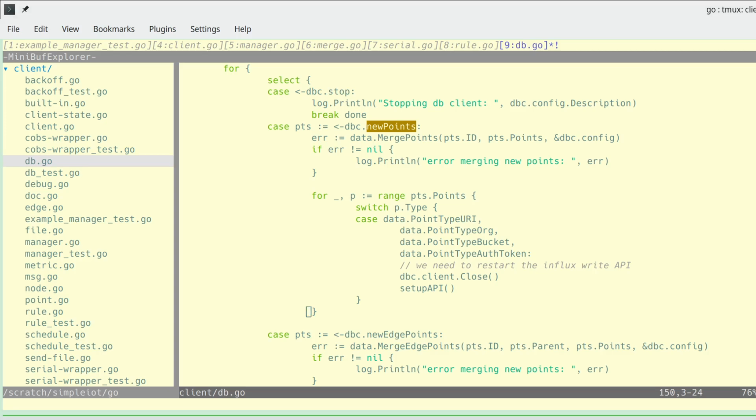So it's taken us a little while to get to this model, but it seems to be working nicely, and I'm pretty pleased with how it works and the experience of adding new functionality to the system. And again, these clients can live in the Simple IoT process, or they can be an external process, so they could be written in any language. If it's external, it could be Python or C++ or whatever. The model allows this because we do restrict and constrain the interface. It gives us a lot of flexibility in how we implement these